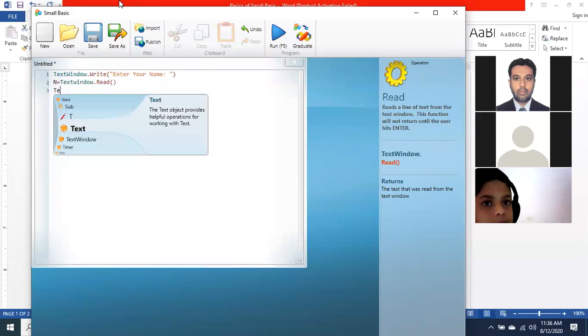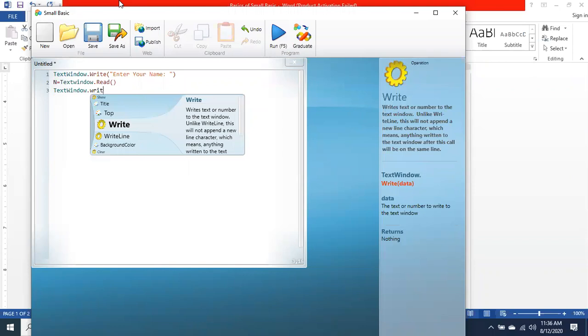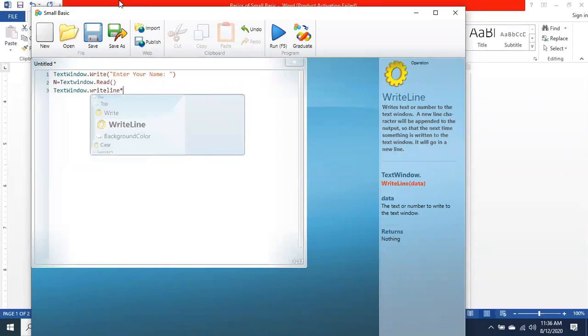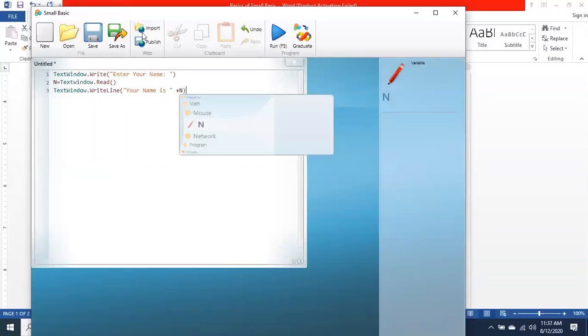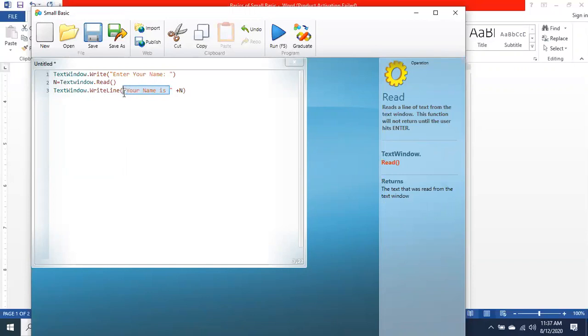So when we say TextWindow.WriteLine, now I am printing "Your name is " and after the space I am printing plus n. After closing the double quotes, I have written plus n, which means the statement "Your name is" will be printed, and then plus n will print the value of n.